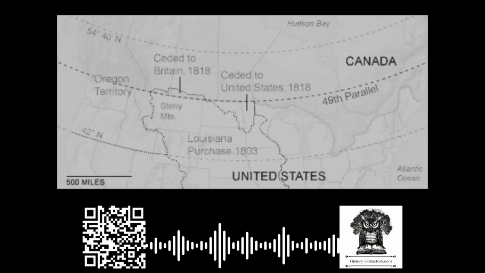October 20th, 1818. Defining Boundary. The Convention of 1818 marked a significant milestone in the history of Anglo-American relations by establishing a clear border and mechanism for shared occupation. The United States and Great Britain signed the treaty commonly known as the Convention of 1818, which addressed two major issues: the northern boundary between the United States and British North America, and the status of